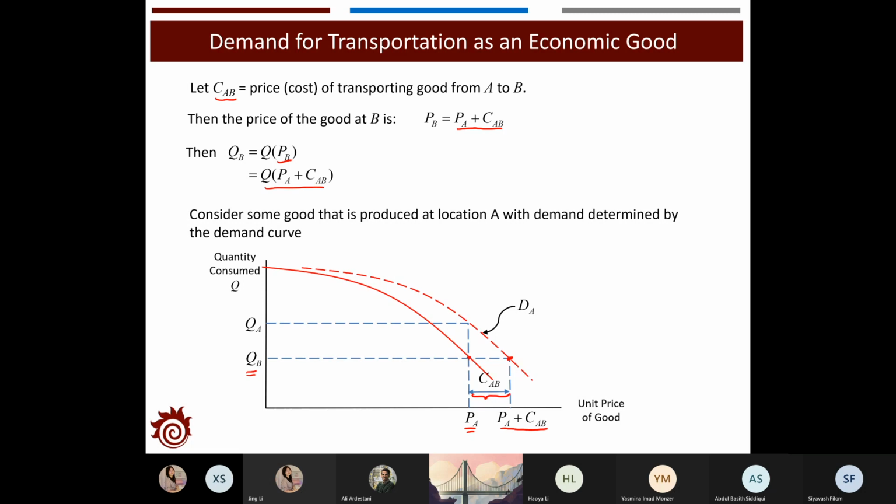And if you check all the prices, considering all different transportation costs, you will have another line, which would be a solid line here. That will be the demand curve at point B. It shows the quantity that we consume at point B as a function of the unit price at point A. And we also know that since all the products are transported from A to B, the volume at point B is only determined by